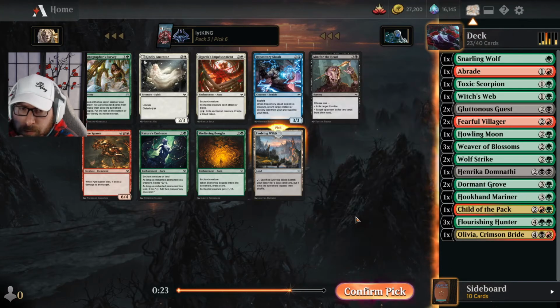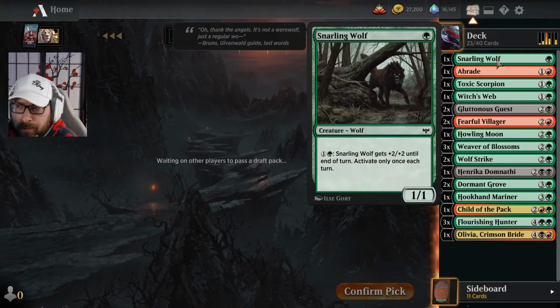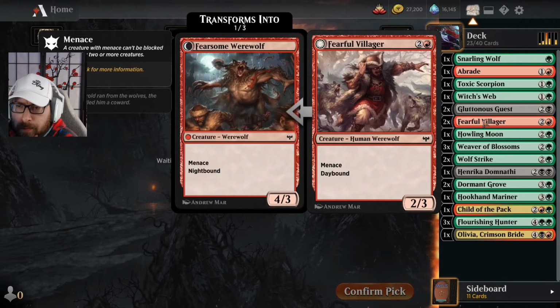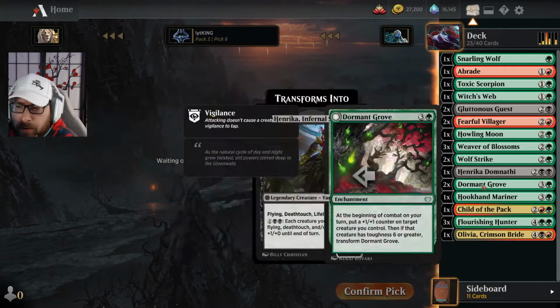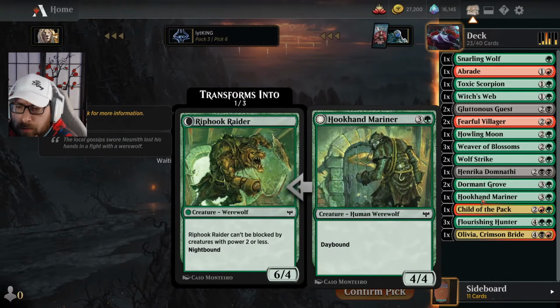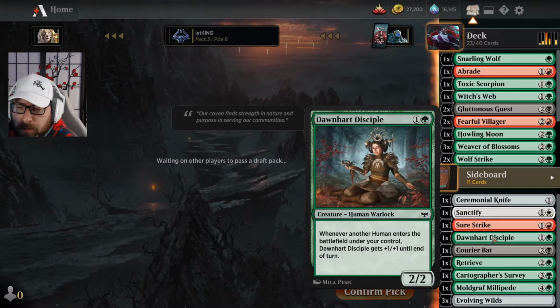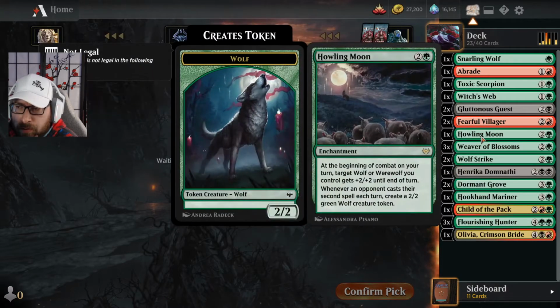Another Evolving Wilds. Good on the 6-drop. Still need Survey. Embrace is fine, but not great. Pick another Evolving Wilds. Howling Moon, Weaver, Wolf Strike, Grove. Yeah, this deck is sick. I guess maybe we play Disciple. A lot of these werewolves are also...